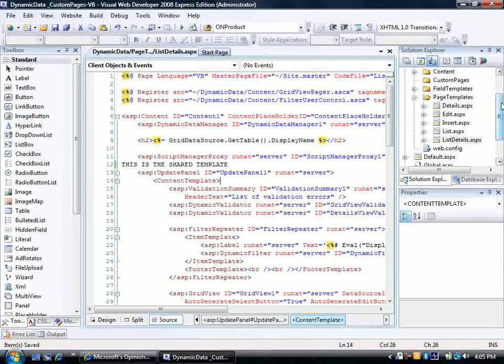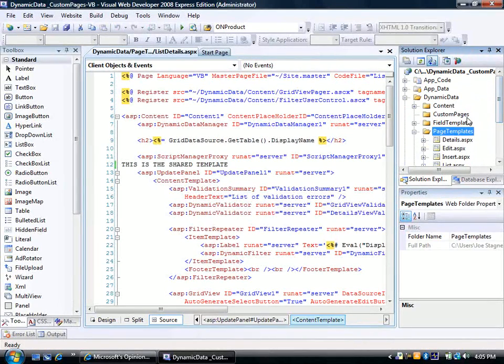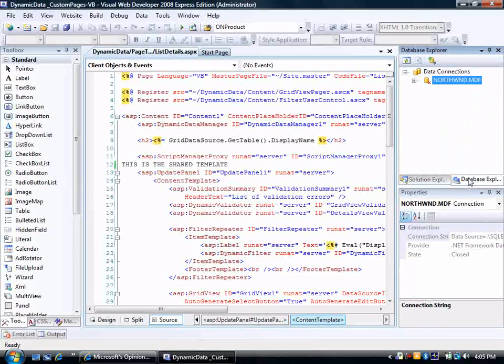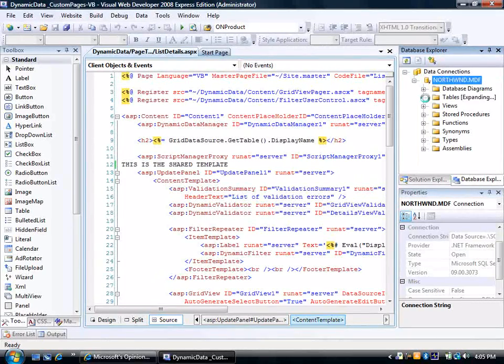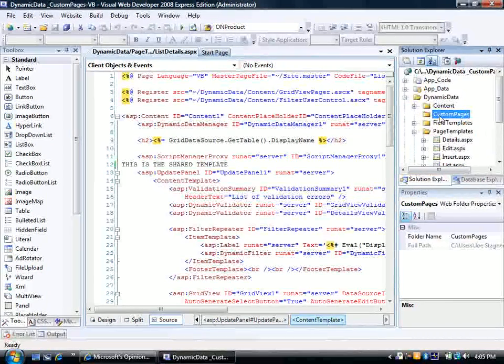And since this is the page template that's picked up for all of the tables in our data set, what I want to do here, in custom pages, is create a new custom directory. And the directory is going to be the name of the table that I want these pages to work with. So if we go and look in the Northwinds database and look at the tables collection, notice the products table, and so products is going to be the name of the directory. All right, so I'm going to go here in custom pages, and I'm going to add a new folder,